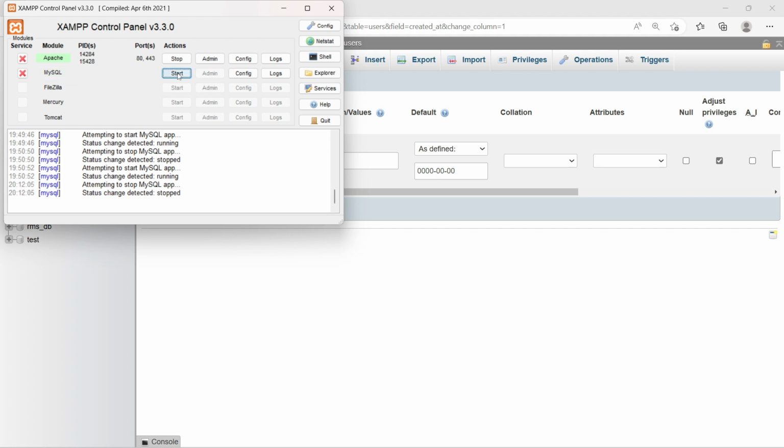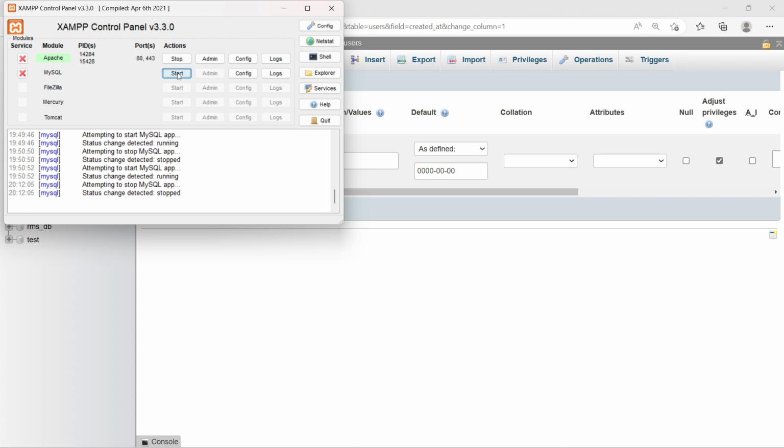Make sure you restart your XAMPP services, because we have made changes in the config file, and you have to restart for the changes to apply.